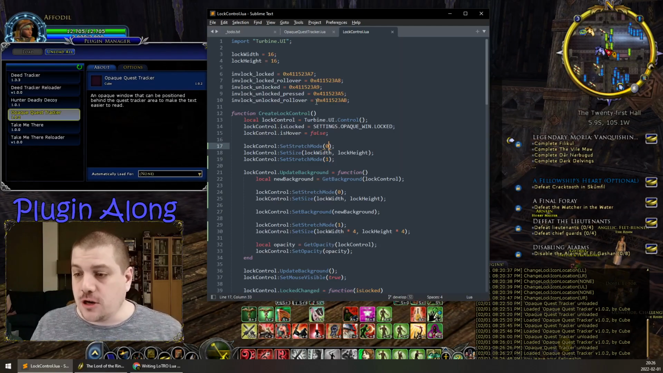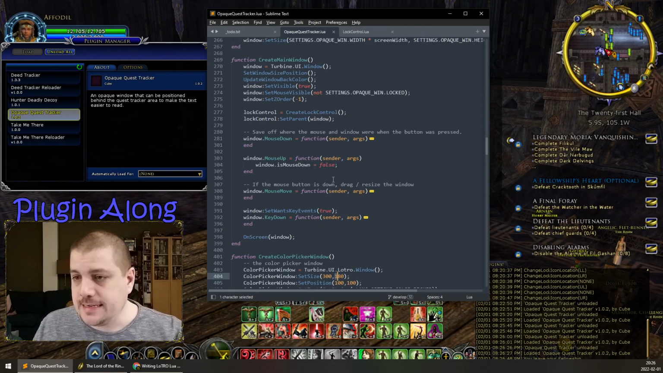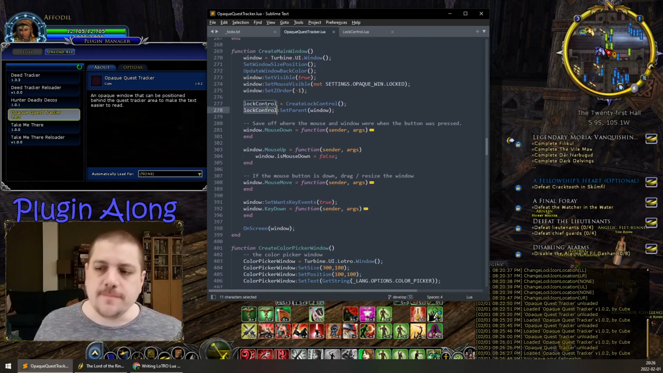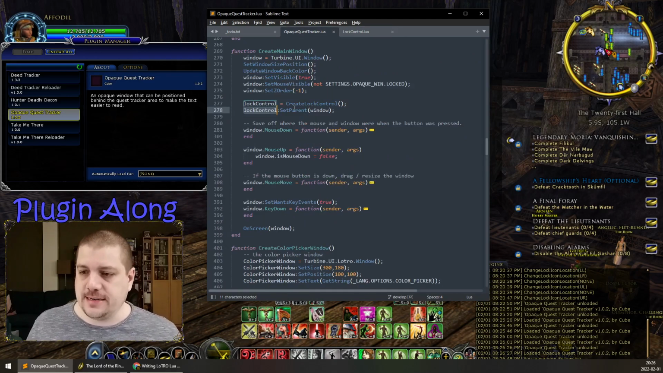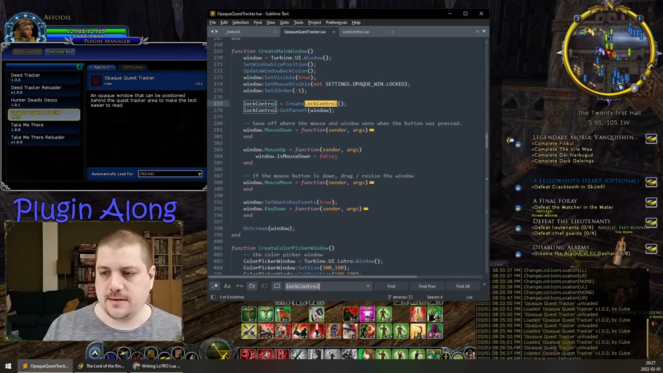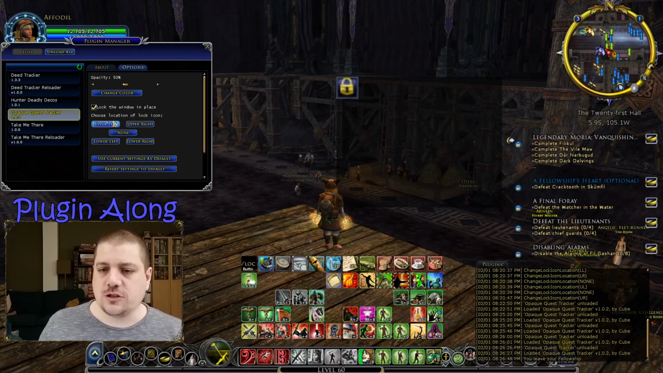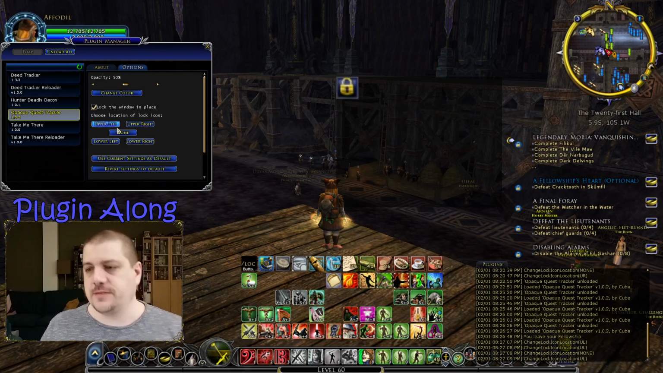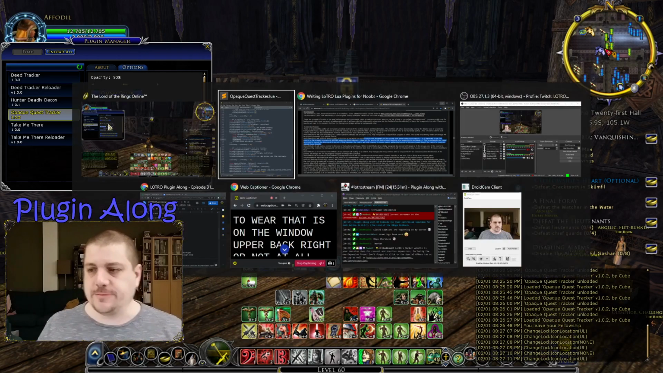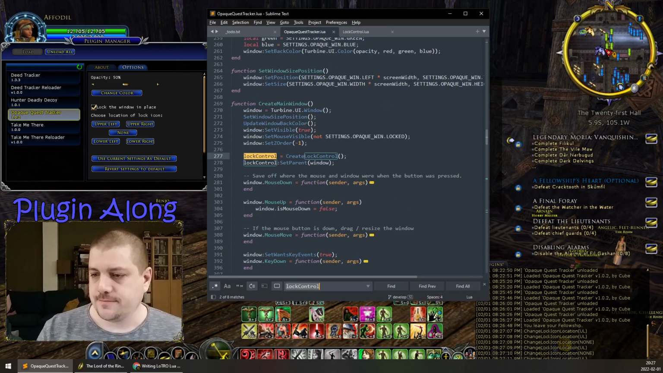Okay, so with that, we have a lock control that is being created. Excellent. And when we're checking things here, we can see it goes visible, it comes back, it goes hidden, comes back. So that's good. Now what we need is